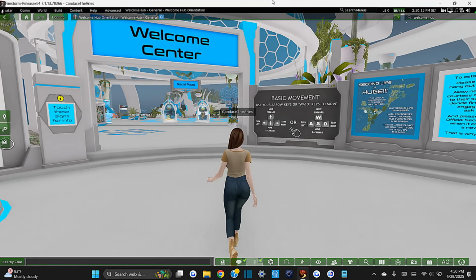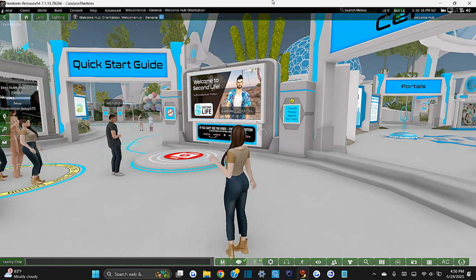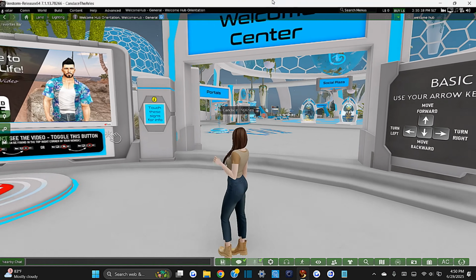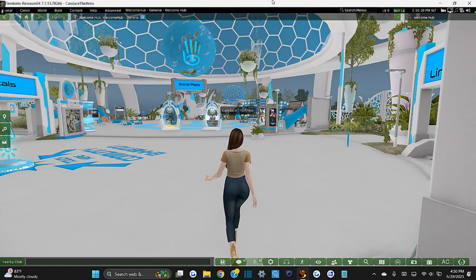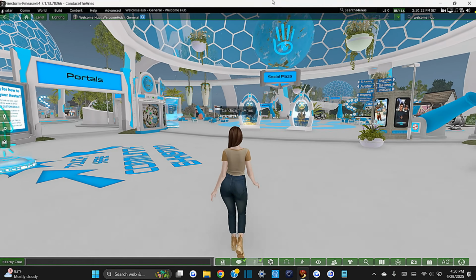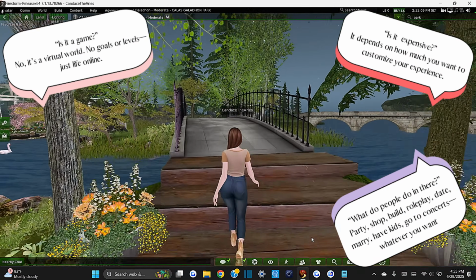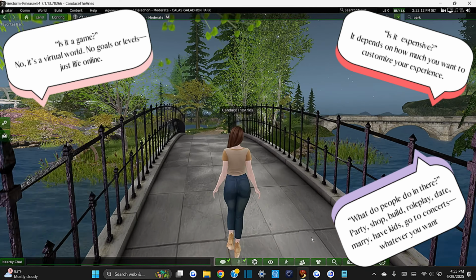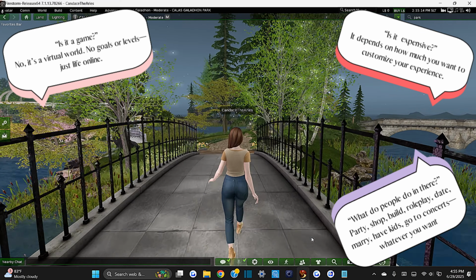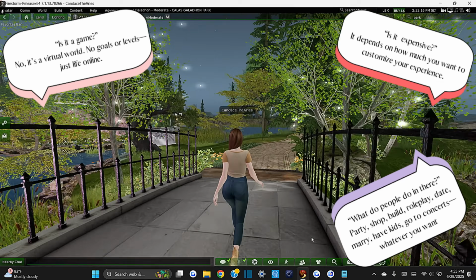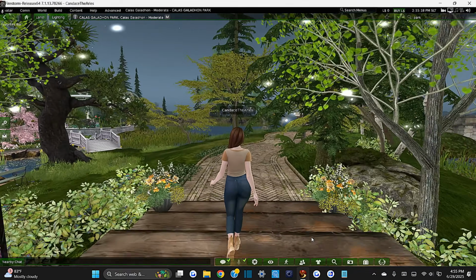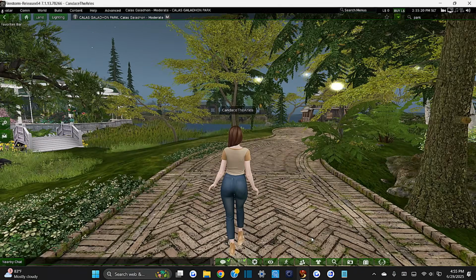The Welcome Center just has lots of nice tutorials for you to use, just quick start guides and stuff like that. But I'm going to be helping you, so we're not really going to need to look at any of this. So what is Second Life? Second Life is a virtual world that you can only access via a PC or a laptop. Now, do they have a mobile app? Yes, but I don't feel like you'll get any type of true Second Life experience via the phone,